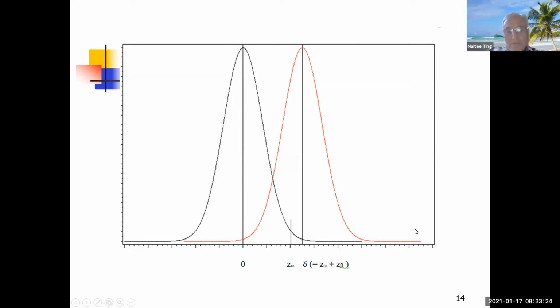Very flat, two flat distributions. The null is flat, the alternative is flat. That's when you have a small sample size. So how did you calculate sample size? You calculate sample size such that the curve will increase, right? Because the peak will increase and the